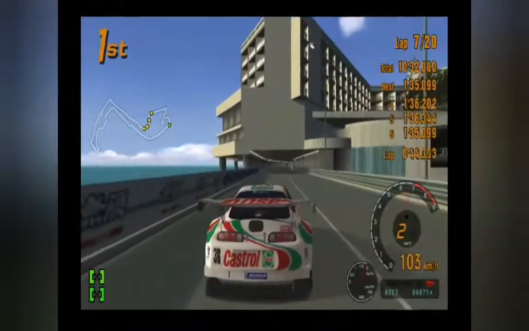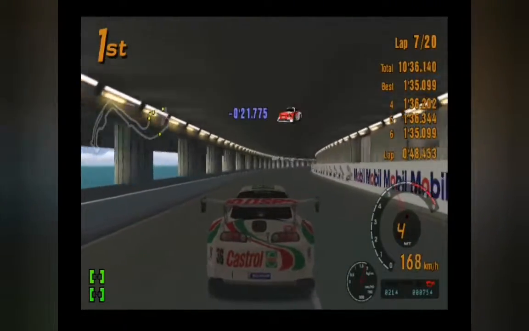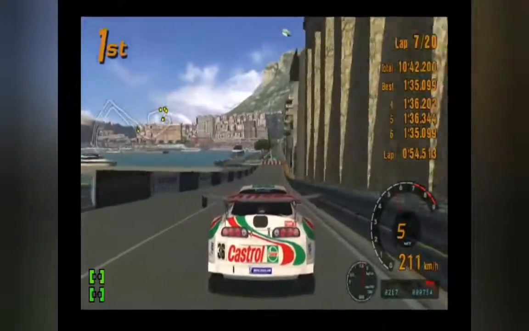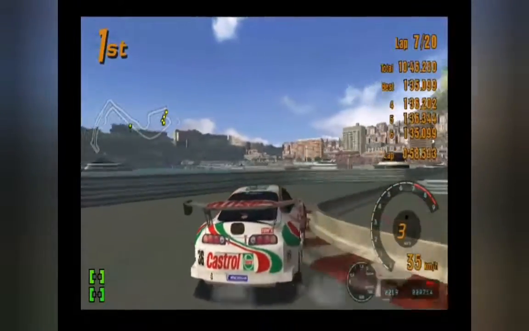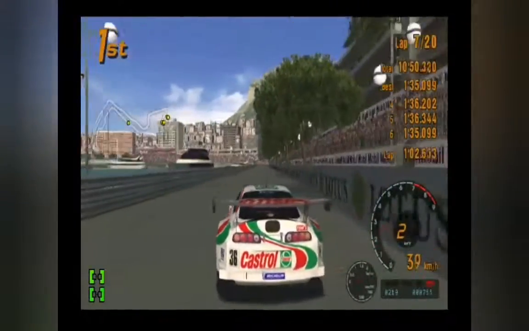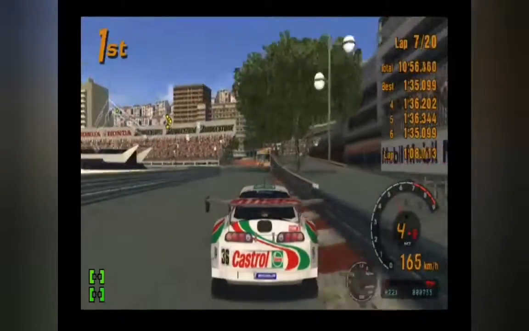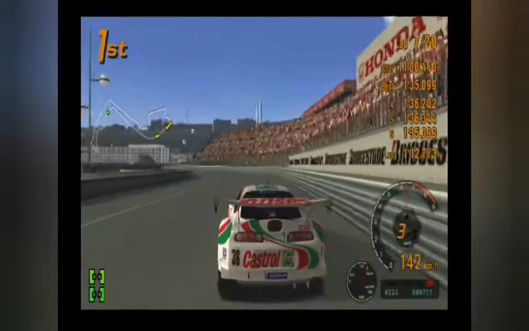As I now head through Portier once again and the tunnel turn, there is quite a scrap going on for 2nd position at the moment between the Loctite GTR and the Denso Sard Supra. Oh fuck me, I hit the wall at the Nouvelle chicane. Although it doesn't matter too much because I pretty much have a 20-second lead over